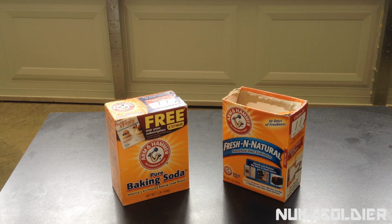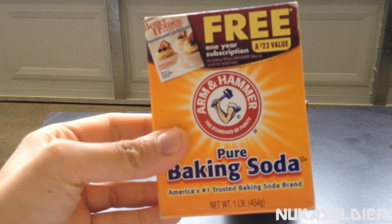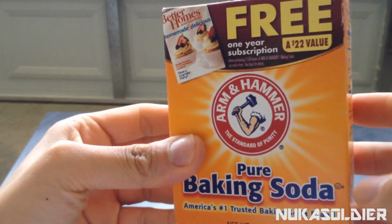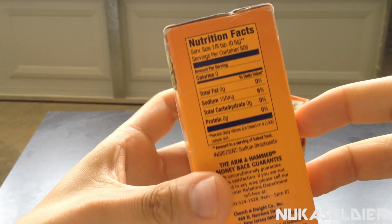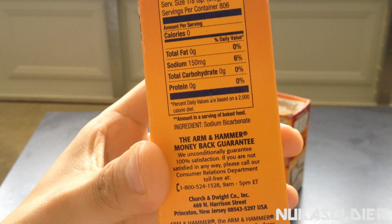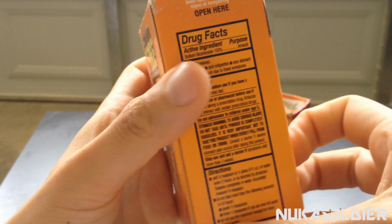And also, if you ever decide between which baking soda to go with, there are different types, and it's important that you notice which ones are which. For instance, the one to the left over here will be pure baking soda. Pure baking soda is one that you can actually digest or use, and you can tell because it has nutritional facts here. Not only can you simply eat it, but you can actually put this in your mouth for different